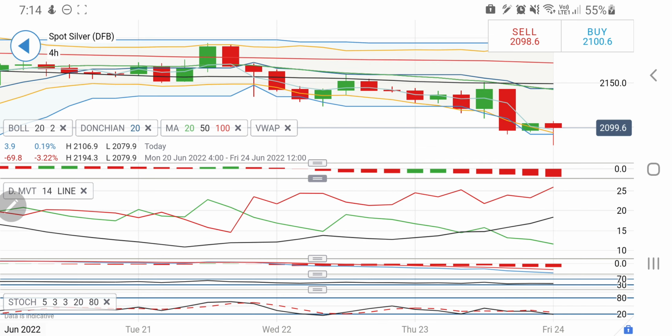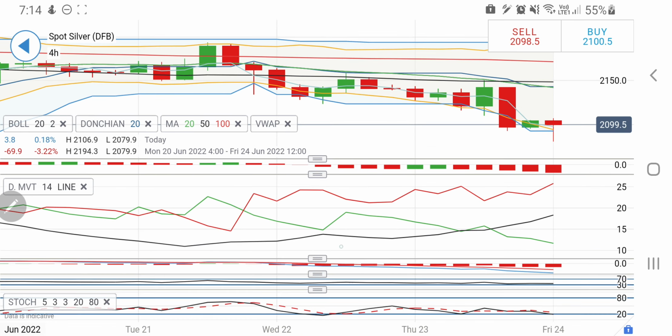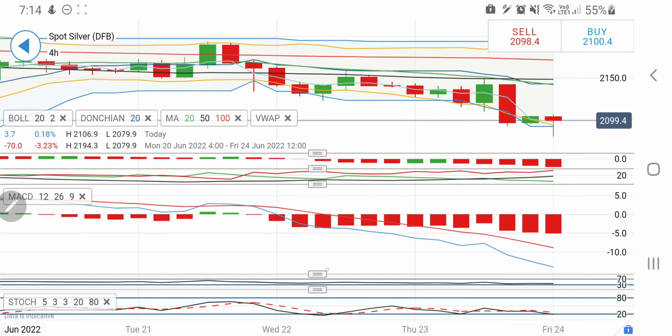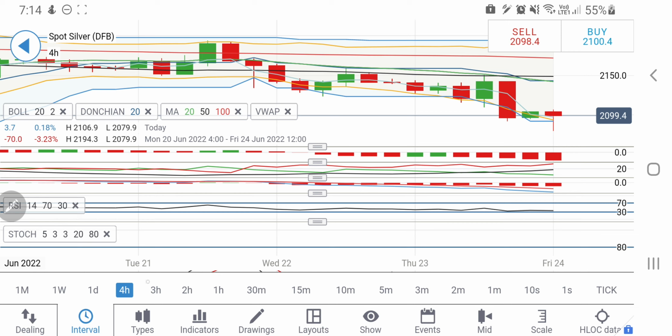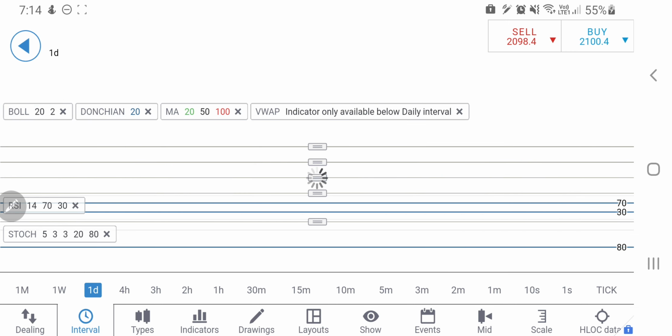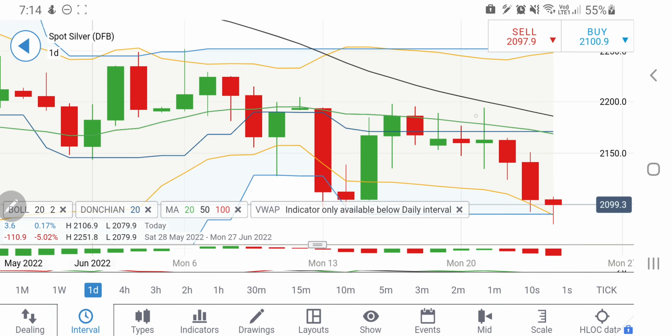Oscillator there trading bearish. Directional movement is wide divergent and bearish. MACD is also divergent and bearish. RSI near bottom. Stochastic looking downwards here. Coming towards the daily charts. On the daily charts,